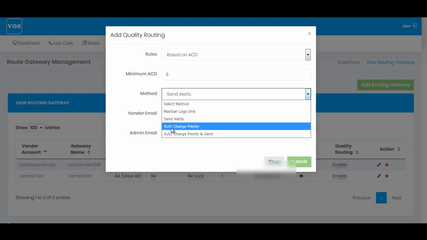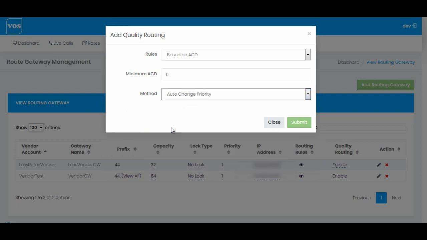Auto change priority. Now this is the very fun part. If any of your routing gateways is giving you a lower ACD than the defined value, then it will automatically change the priority. So with this example, let me select auto change priority, hit submit,